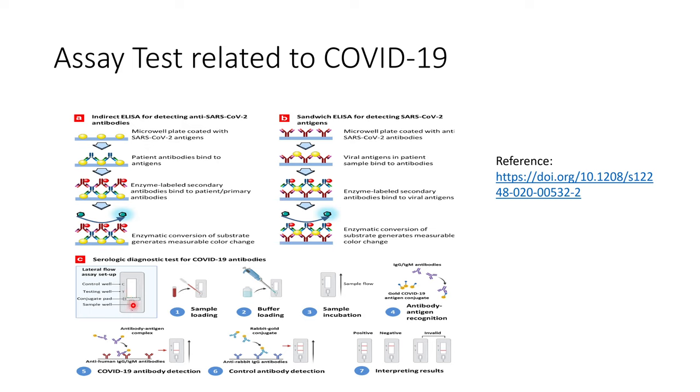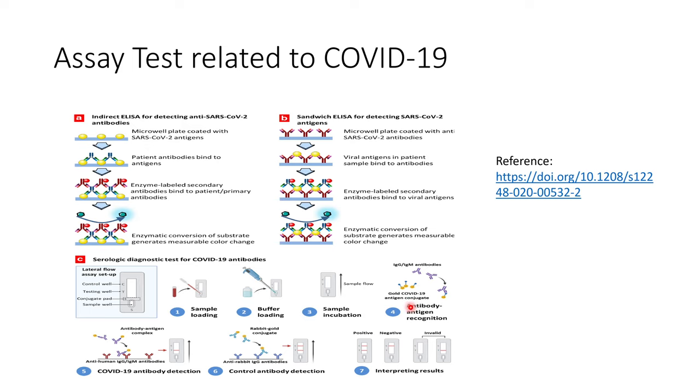The third one is the conjugate pad. It contains all the conjugate antibodies that are required for this assay. And the last one is the sample well, where the sample is injected. So the first step is to inject the sample, and the second step is buffer loading. Buffer loading ensures that the sample and the conjugate pad contents will flow through this plate. So here is the sample incubation. After that,